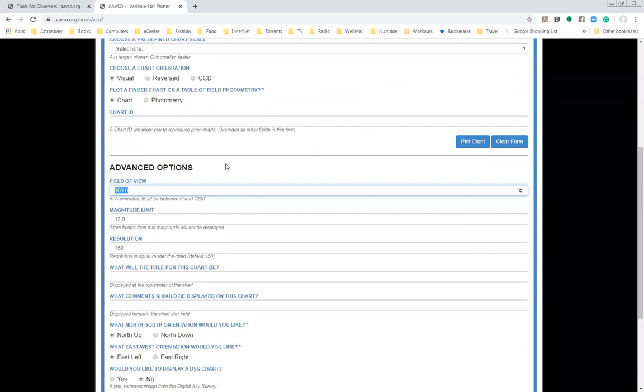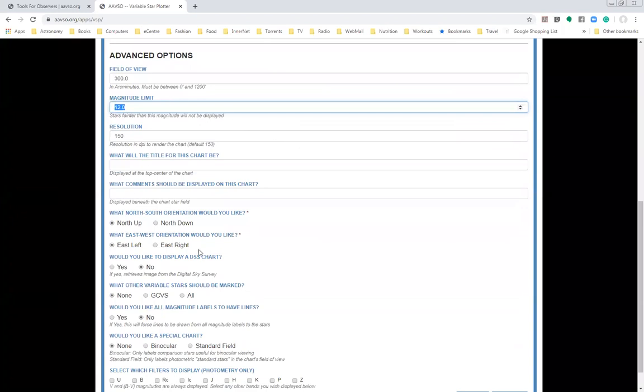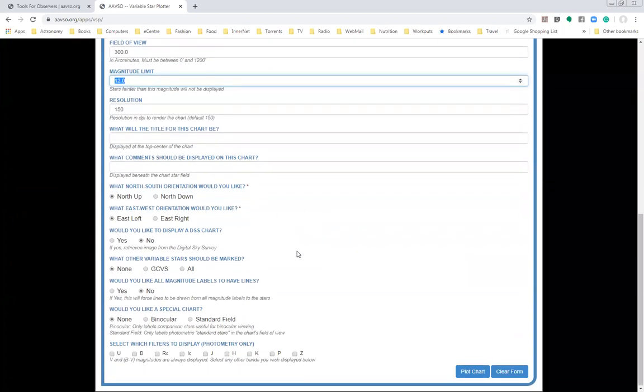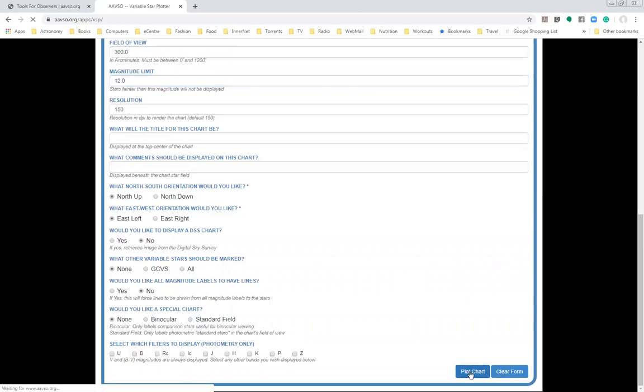That's typical for some binoculars, and we're going to be doing a binocular observation. I set my magnitude limit for the chart to 12, because I can't see anything fainter than that with my binoculars anyway. And you can change some other things on the form here. I'll let you go and explore that on your own time. Have fun with that. And we just click the blue button that says plot a chart. And very quickly,